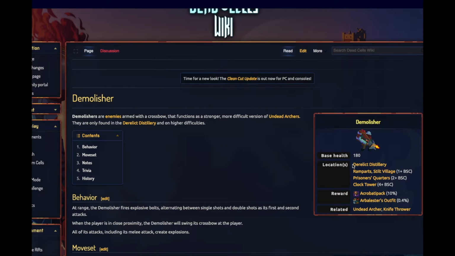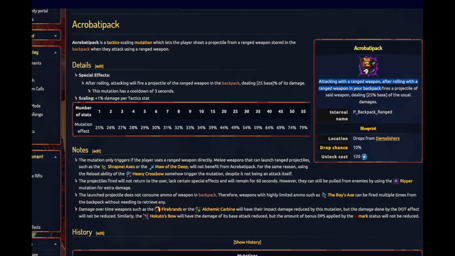So of course they're in the distillery. If you're on 0BC, your best bet's to go to the distillery. I'm sorry, but that's true. Ramparts, Stilt Village, 1BC, Prisoners Quarters, 2BC. So if you don't have Acrobata Pack, get it. I'm going to be talking about it a lot during this tier list, so it's awesome. So that said,